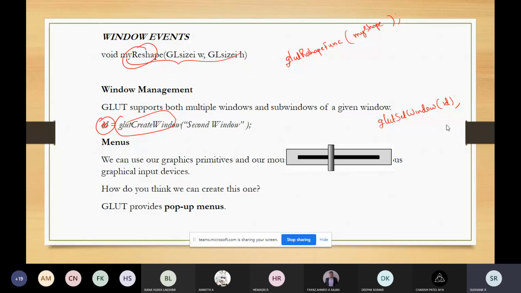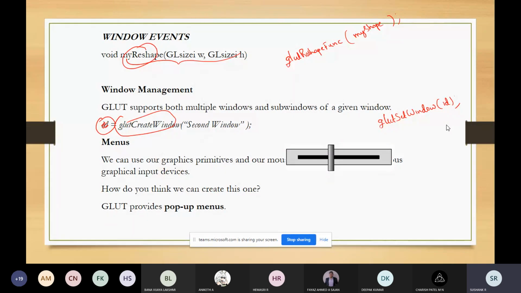Usually OpenGL provides pop-up menus. The menu is an important feature for the application program. So using these pop-up menus, we can create interactive applications.